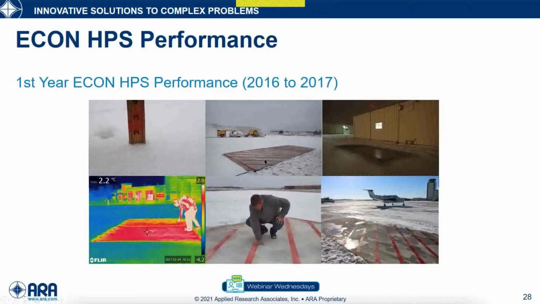So when we turned the system on, you can see this is the thermal image. This thermal image shows you the heat distribution. So you see the red area, this is the ECON system. And you can see the temperature. We just needed to achieve like 2 Celsius, which is equivalent to maybe 42 Fahrenheit. So just to maintain the surface above freezing point. And we also tested during the night all the time. We did not, I guess, miss any snow events. So we tried to test it as much as we could, so we could extract all the good data